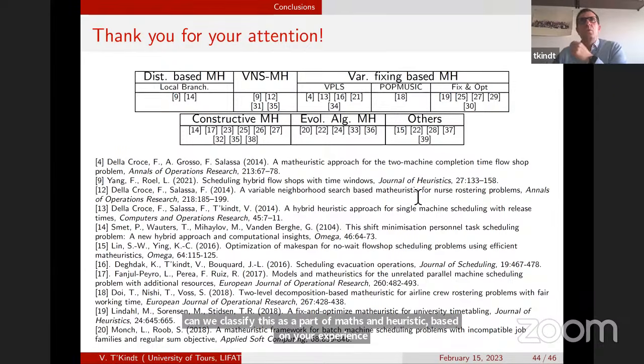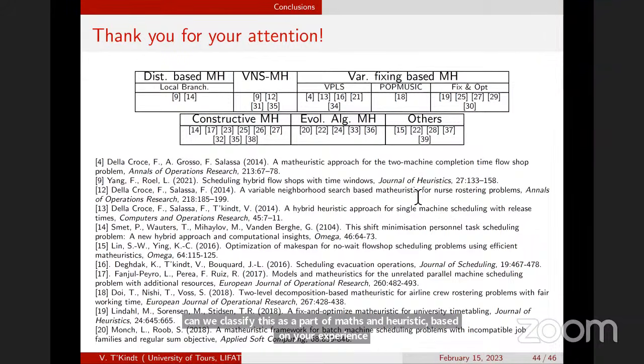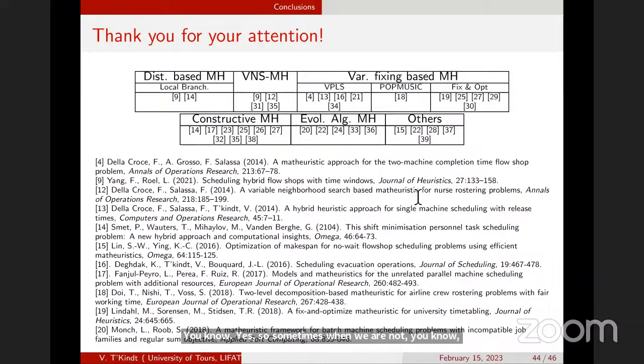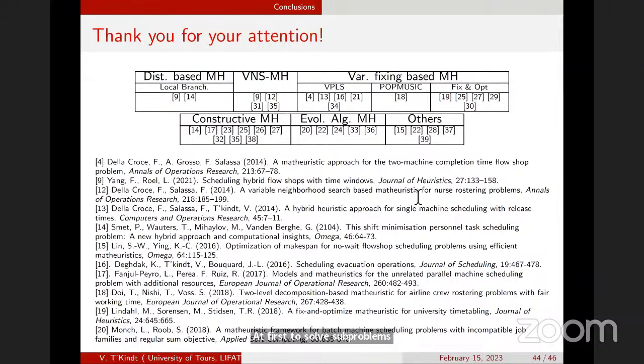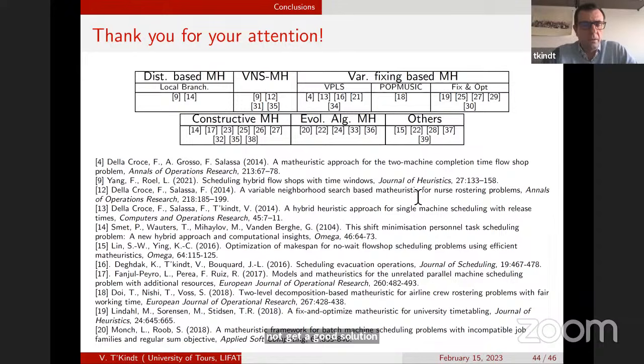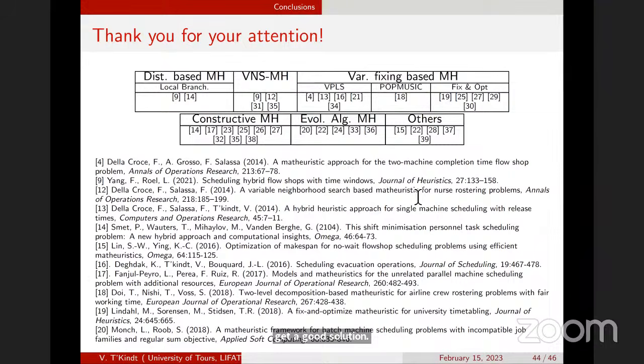Well, you mean using an IP solver inside of branch and price algorithms? Yes. Sometimes, because it's time-consuming, the base construction is a branch and price, but in order to provide solutions faster for solving subproblems, we use metaheuristics at first, until the time that we cannot get a good solution, then we shift to using a mathematical model to solve them. So does it count as a matheuristic algorithm?